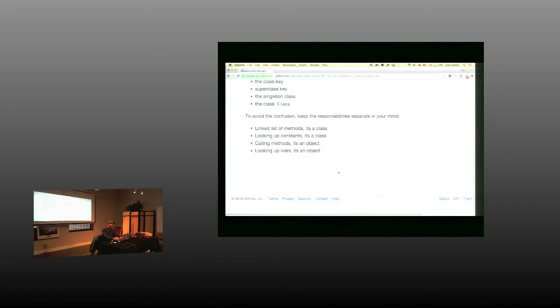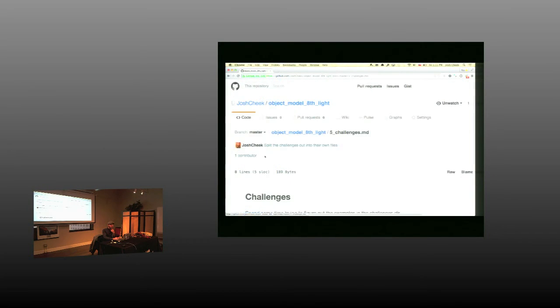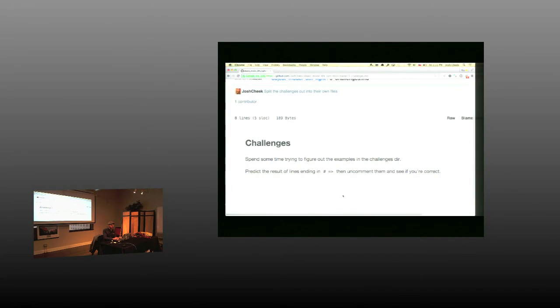All right, so I think that those were the core ideas, a handful of important ideas I wanted to express. I got a bunch of challenges here that you can go through. It's going to be chaos, and that's going to be fun, for me at least, as I watch everybody try to pull out their laptops and do some work. We'll see how it goes. If it goes horribly awry, then I'll just do them on my computer and talk a while. And if not, then hooray, we will have succeeded.